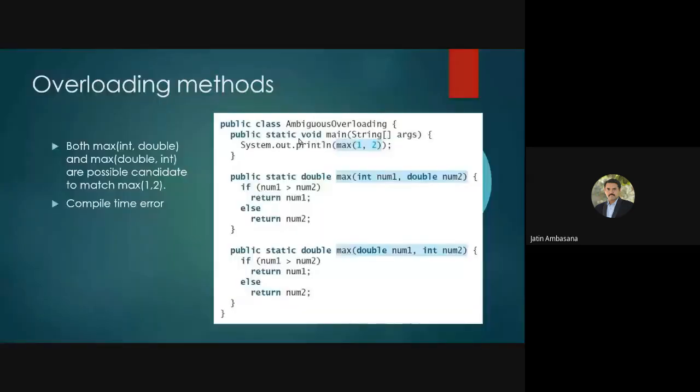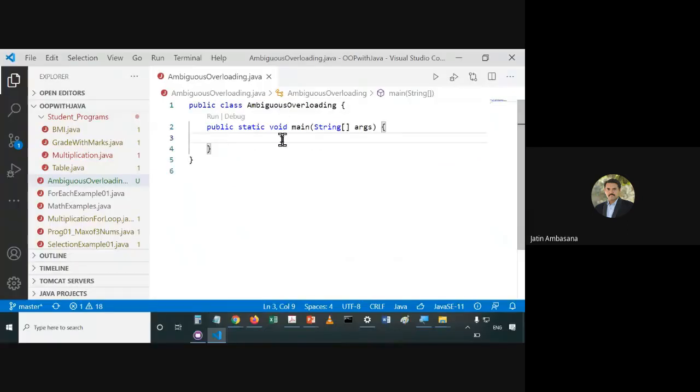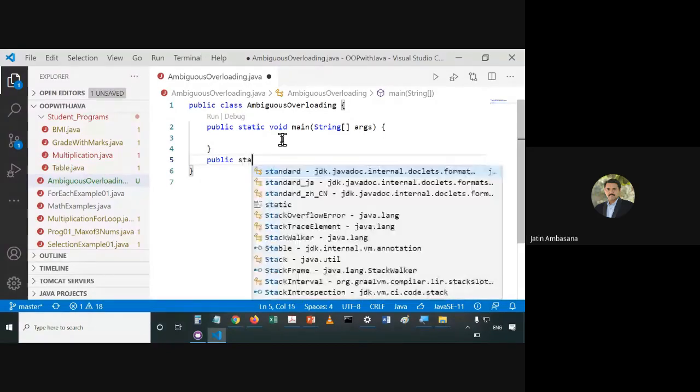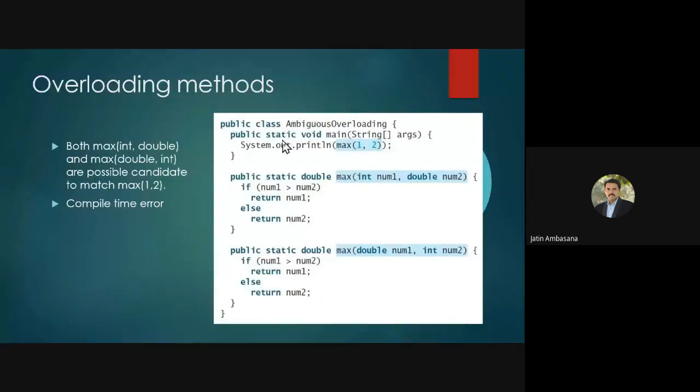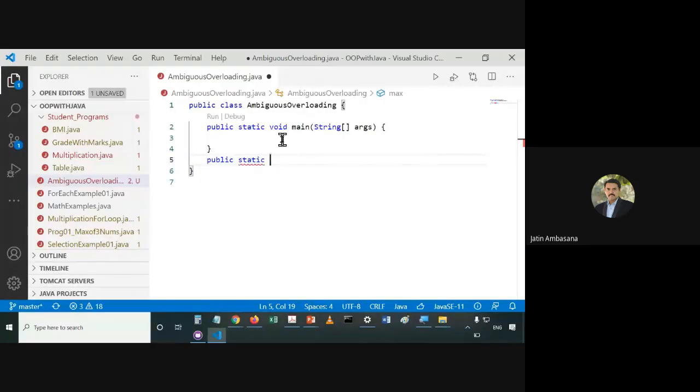Inside this main, what do we have? We have a max method, right? So we'll define a max method. We'll say public static void max. Does it return something? Yes, it should return something, right? So it should return either an int or let's say a double, and it takes two parameters, let's call them n1 and n2.